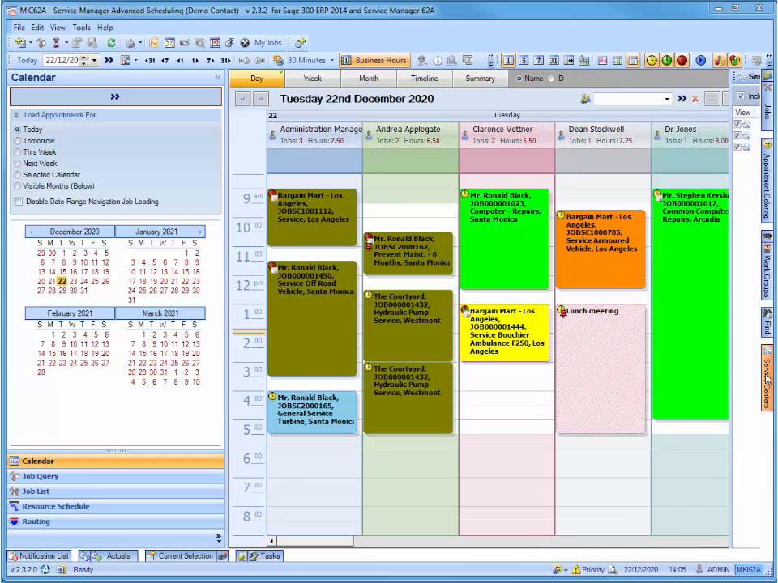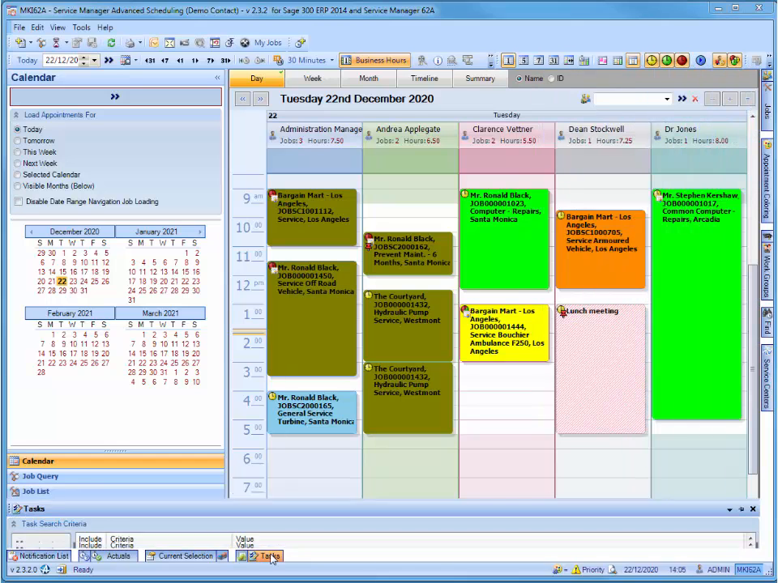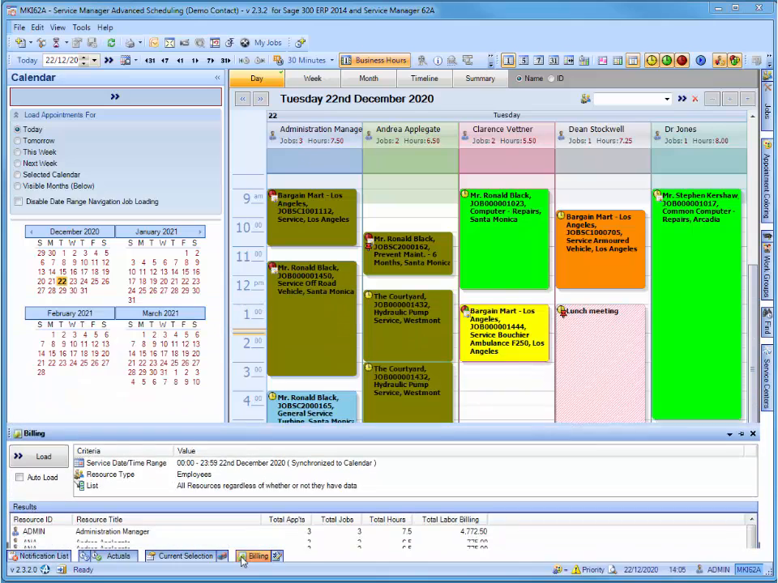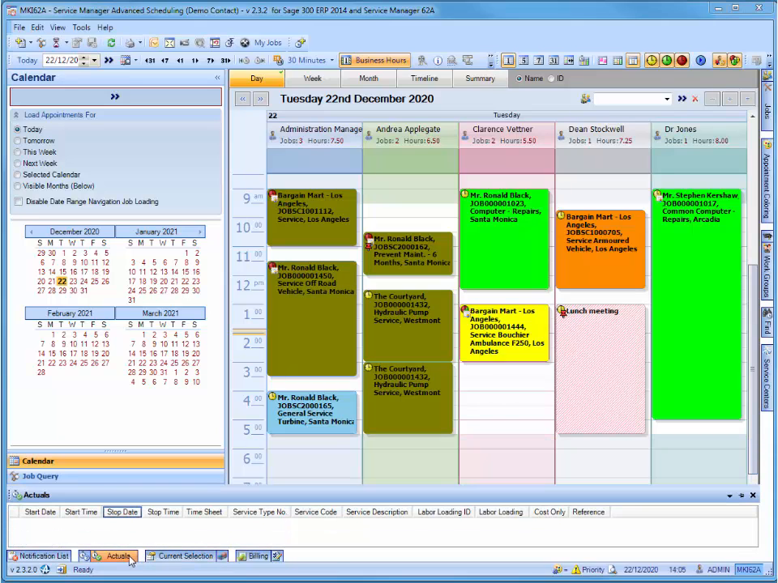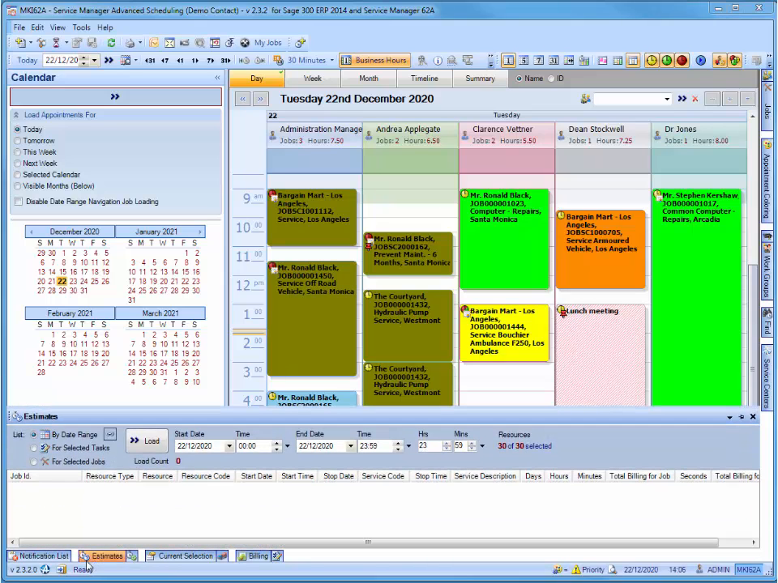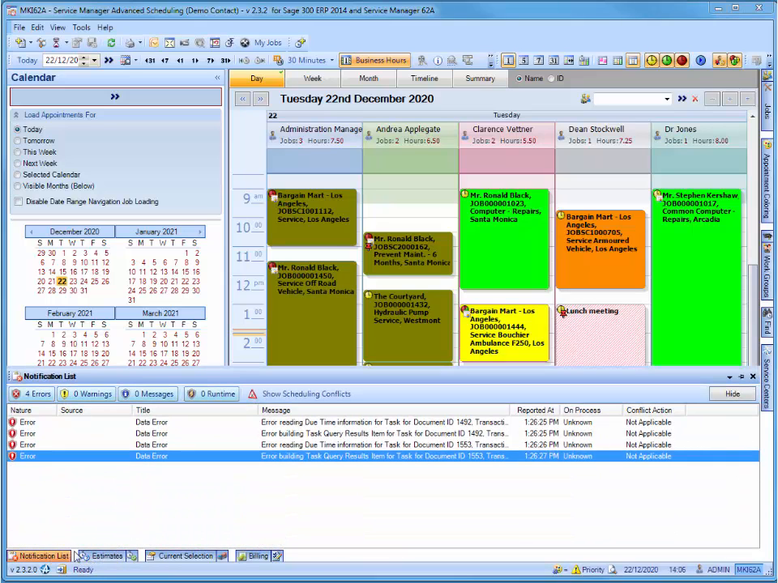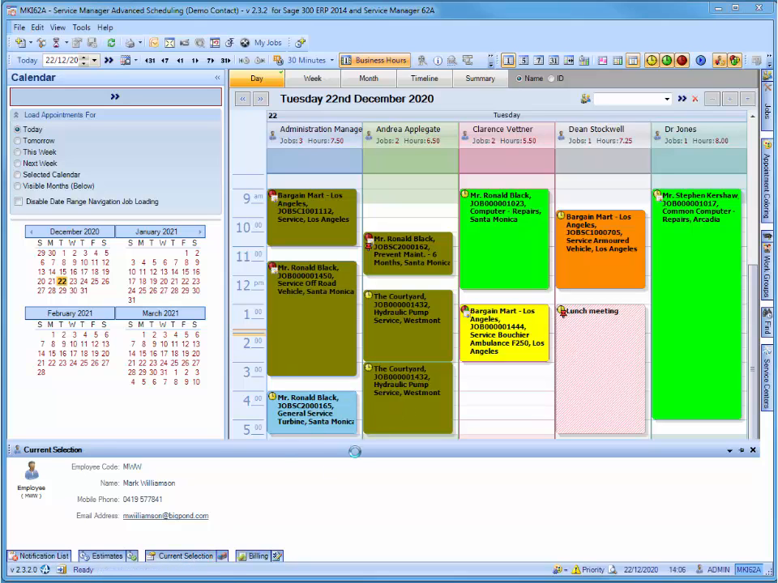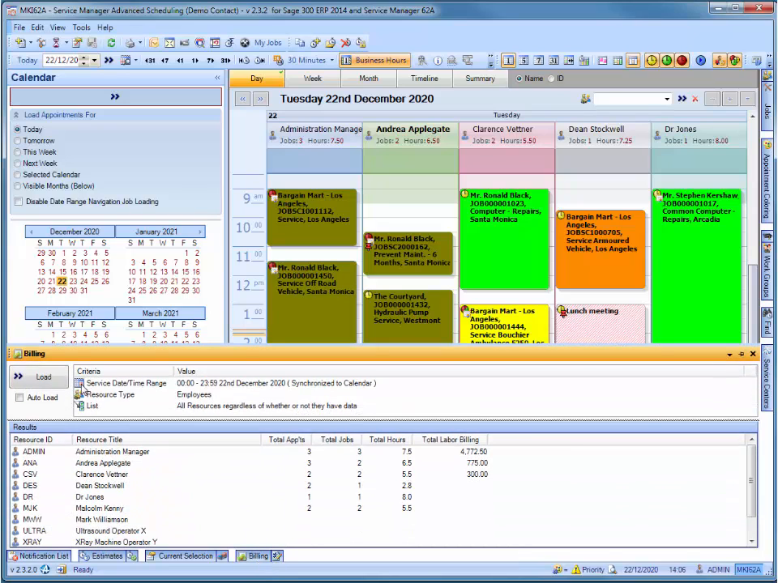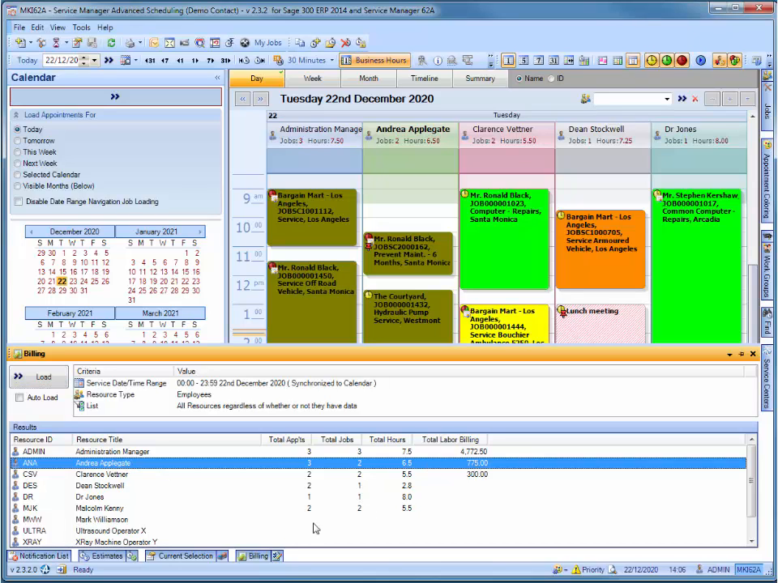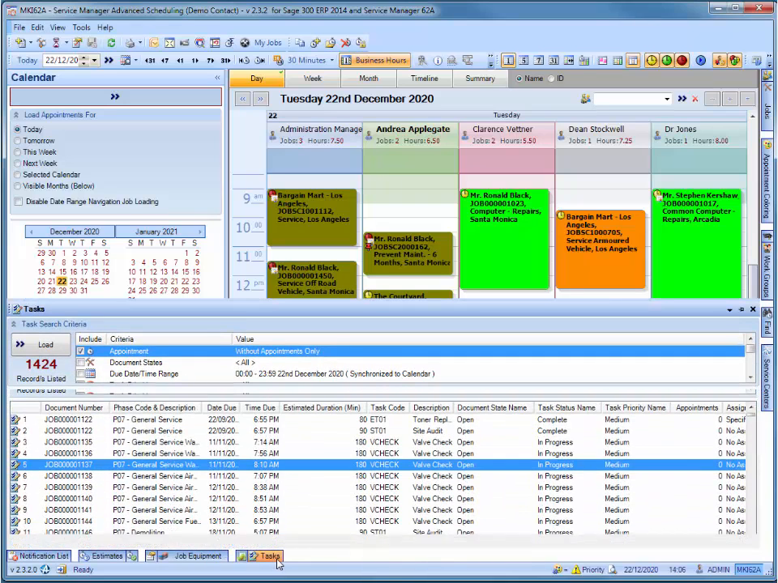Docking windows by default to the right and bottom of Advanced Scheduling are shortcut tabs and either provide information only or are filters for the data being displayed in Advanced Scheduling. How these work is flyouts such as the current selection and job equipment are purely there to give you information only. Billing, tasks, and estimates allow you to filter information to return results in list form, and from there you can drill into view, or in such as the task flyout you can drag the listed result